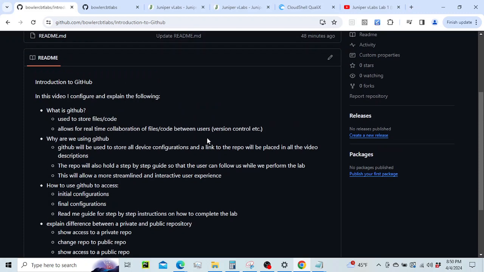So GitHub is used to store files and code. Simply put, it allows for real-time collaboration of files and code between users. A lot of companies, a lot of people use it for version control, etc. So what we are going to be using GitHub for at Bowler CBT Labs is